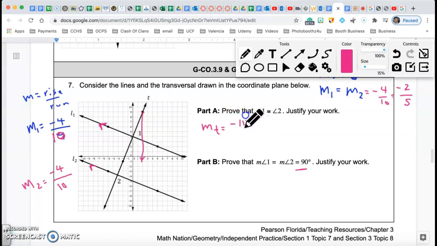I'm going down 10, and then I'm going to go to the left, and to the left is 2 and 2 are 4, and that's because I'm going to the left is negative 4. If you have two negatives, then that becomes positive. And as I can see, slope on line T and slope on line 1 are negative reciprocals, therefore they are perpendicular lines, and my angle is 90 degrees, and they're